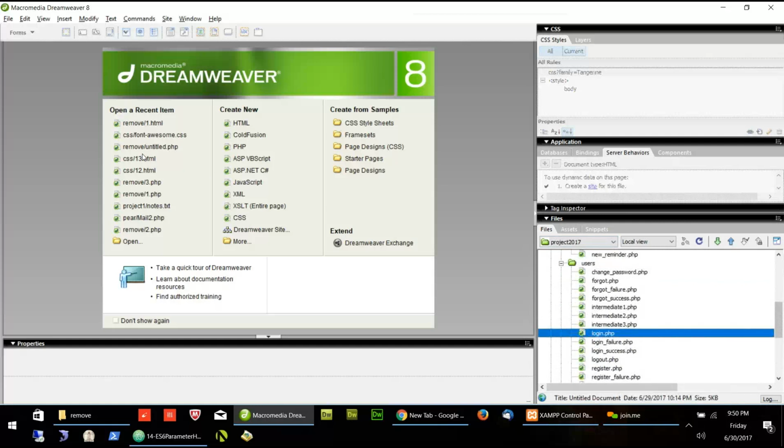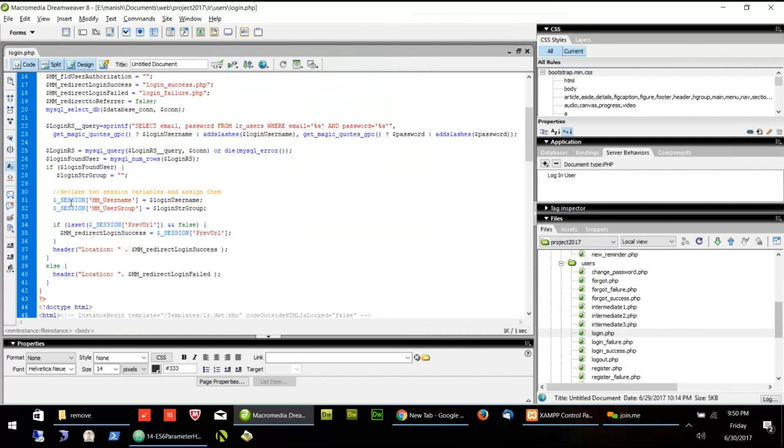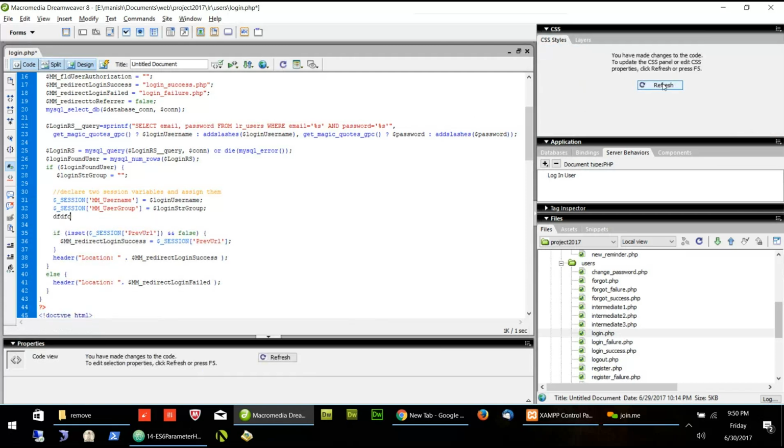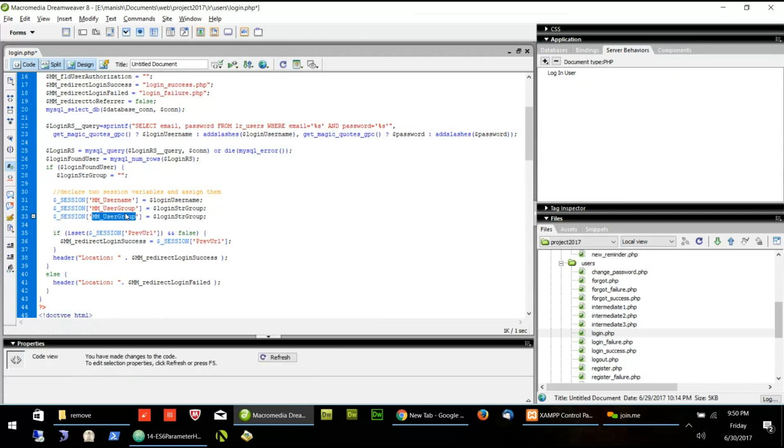Yeah, I just wanted to show you one thing. In the login page, we used username and we saved the email. If I do some change here, you will see that, let's say I put one more line. Let's say I put user ID, and here I will put something, let's say 2.